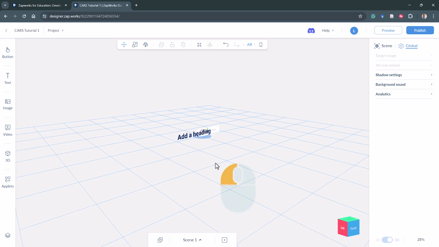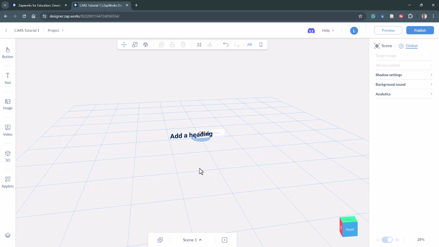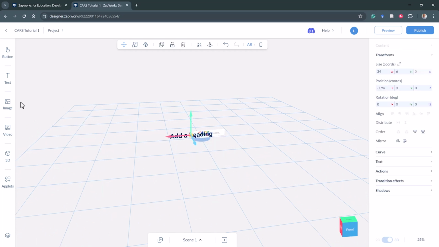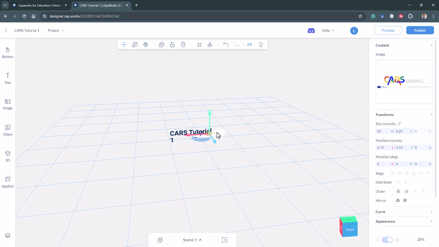Now, having covered this, it is worth noting that if we want to edit the text, all we need to do is double click on that text, and essentially we can edit the text. So let's say cars tutorial 1, which is my text, and you will immediately notice